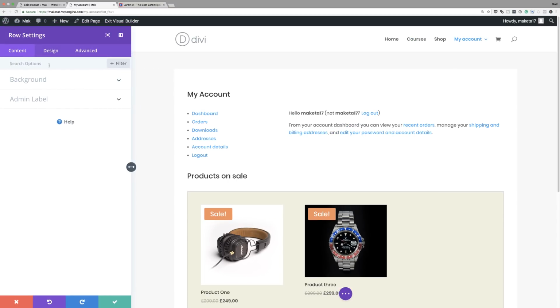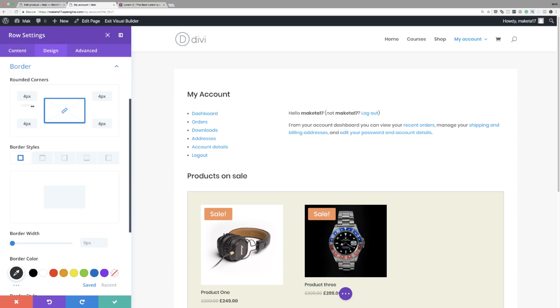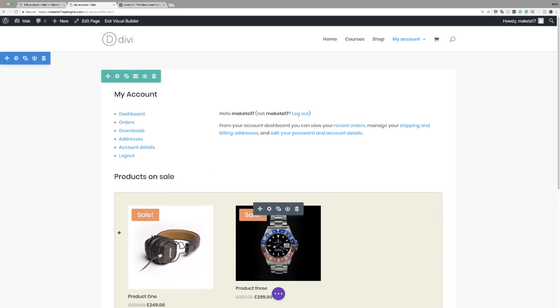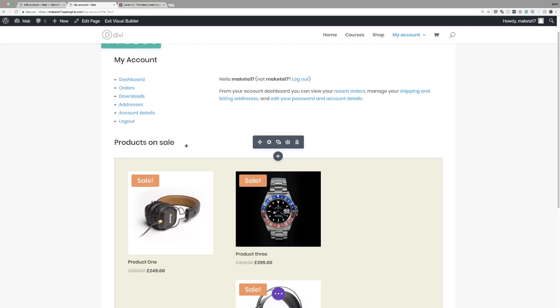So let's say you want to make further customizations to this. You can go into design, border. We can add some rounded corners like that. So as you can see, our page is now taking shape. And then over here, again, when I mouse over these things, it means I can go in and customize this